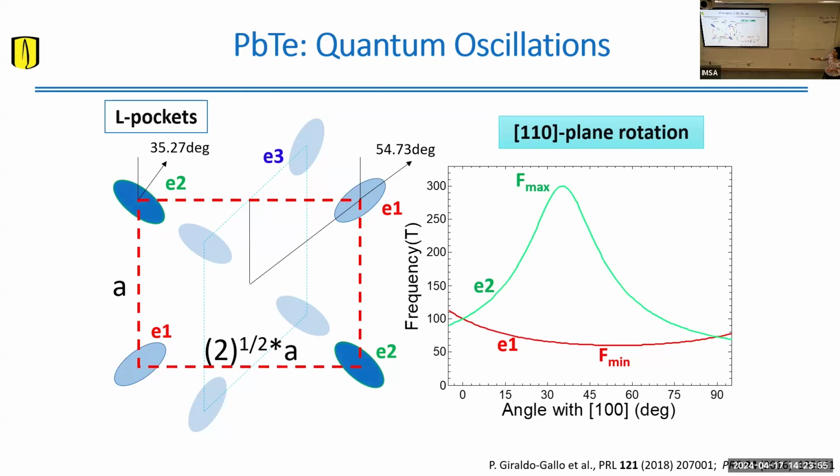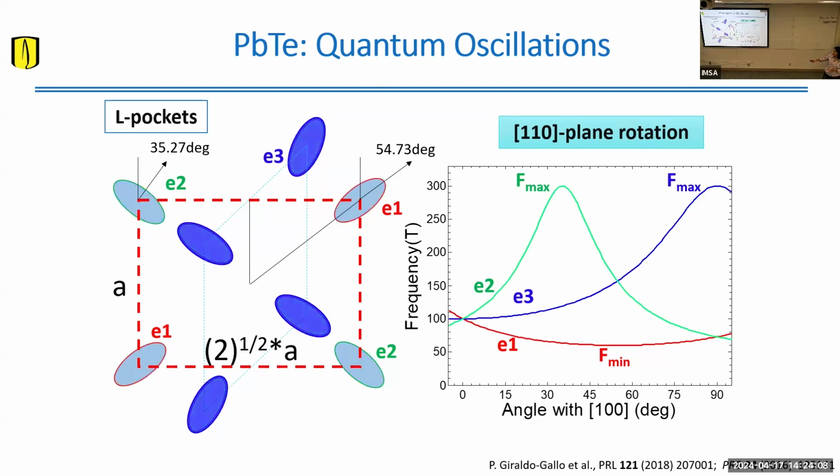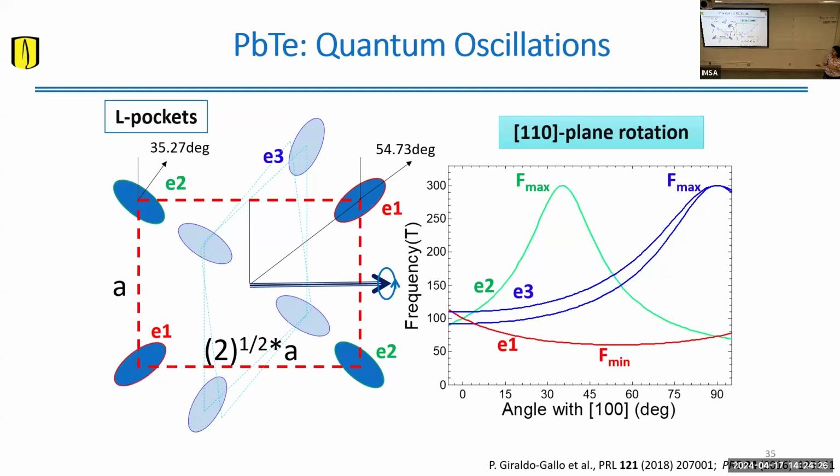But you can also have, for the same angle, an evolution or a different frequency component for other cuts of other pockets that you have here. So this will be the evolution of the cross-sectional area for these two pockets here. And even for these other ones, which form a plane perpendicular to the plane in which you are rotating the magnetic field. So these plots can get really, really complicated. A sphere would be something flat, right? It's the same cross-sectional area across all the different directions that you measure.